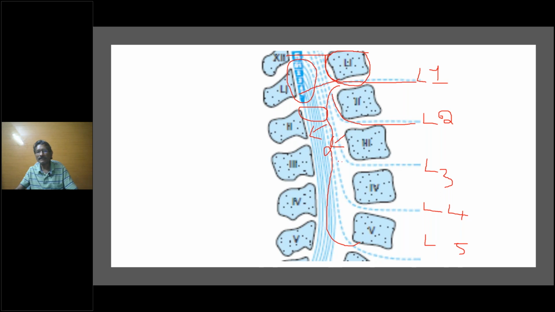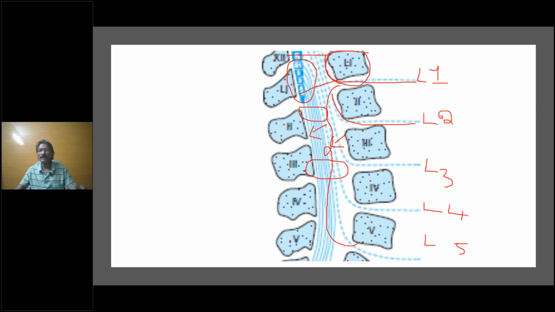Okay, so that is why this total bunch is called the cauda equina, and this bunch is present bilaterally, both on the left and the right, and as it comes down, they will fall down together in the inferior part of the vertebral canal actually. So that is what is the conus medullaris and cauda equina.